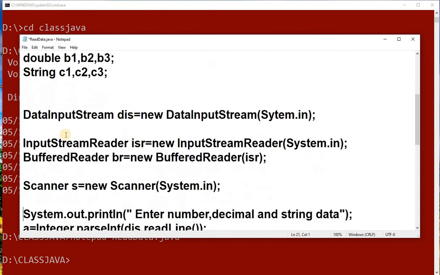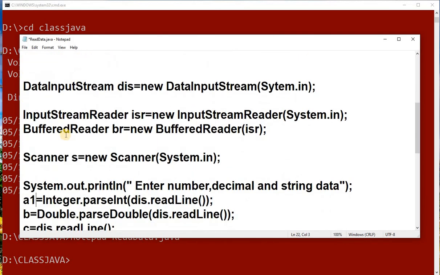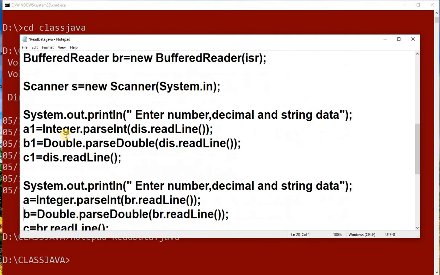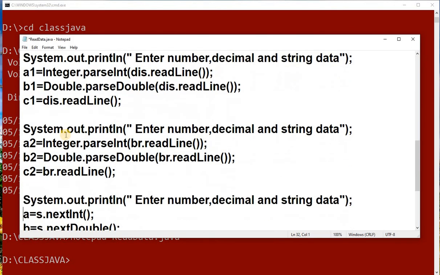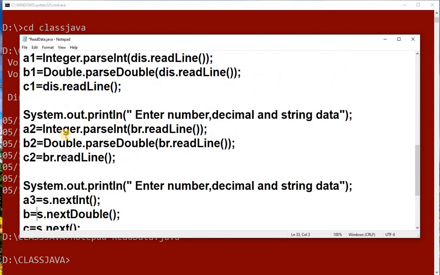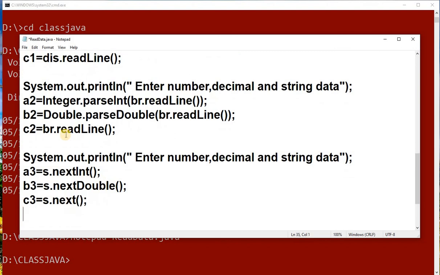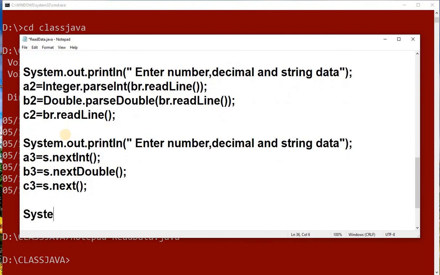Perfect. So the same thing we will be updating here: A1, B1, C1, then A2, B2, C2, and the same way A3, B3 and C3. Finish.